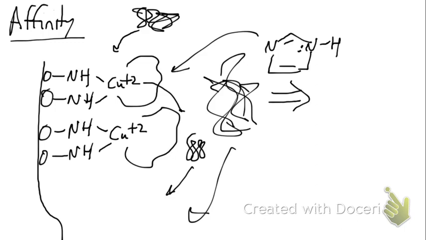So the big key and the big reason why we do size exclusion, ion exchange, or affinity chromatography is to study the protein's activity in its native form. These are non-denaturing conditions. We do not denature these proteins. So, what if we just wanted to know the size of our protein? We don't really care about whether it's native or denatured, whether it still has its function or not. We can do what's known as SDS-PAGE